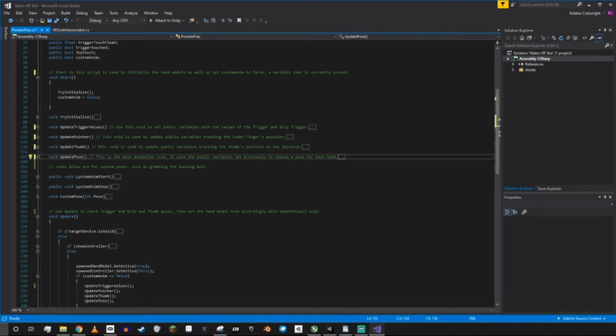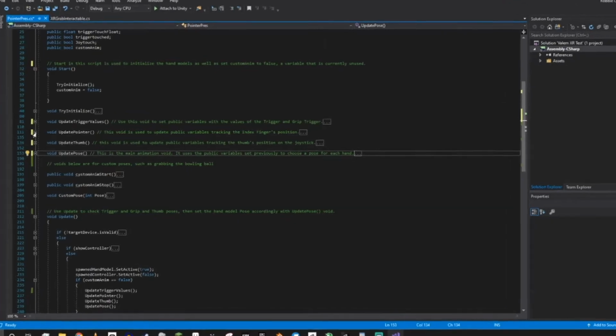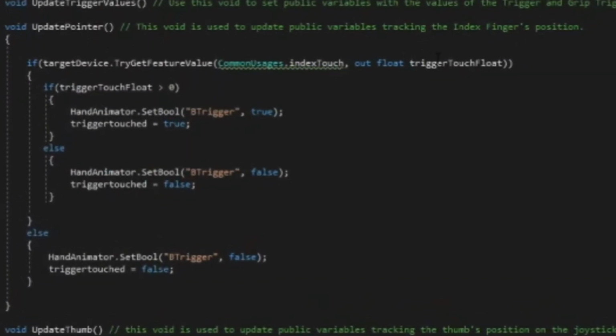This void is used to update the public variables tracking the index finger's position. So if we look in here, we're again getting an internal variable, and we are checking to see if the trigger touch float, which is that internal variable, is greater than 0. If it is, then we're setting be trigger to true. We don't really need that anymore, but I left it in there just in case we want to use it